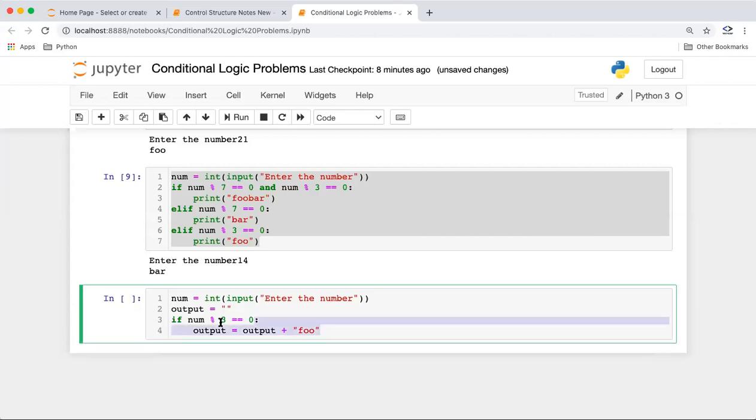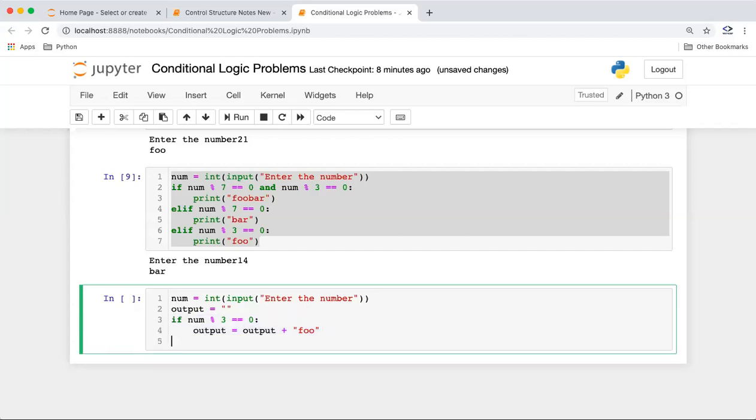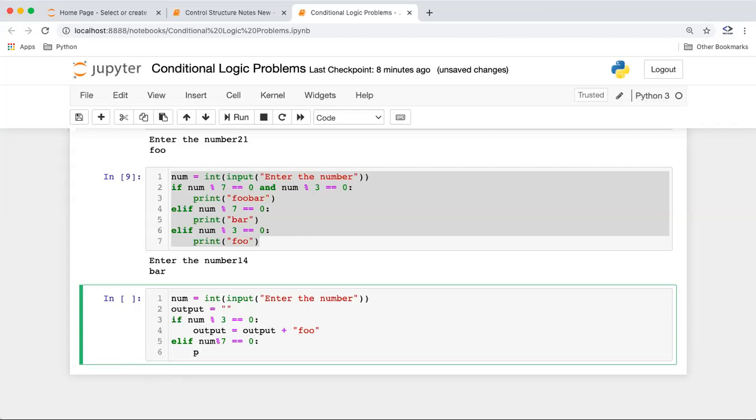And again, I want to have bar. So will I go with something like this? Will this be the right way? No, right? Because otherwise only one will be executed.